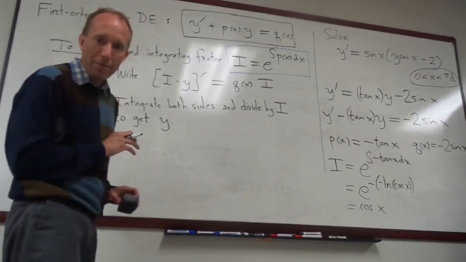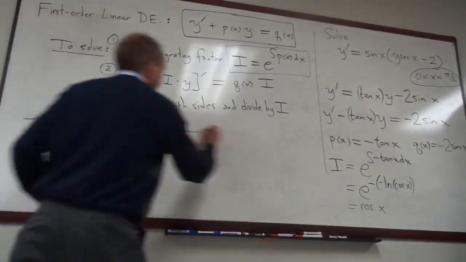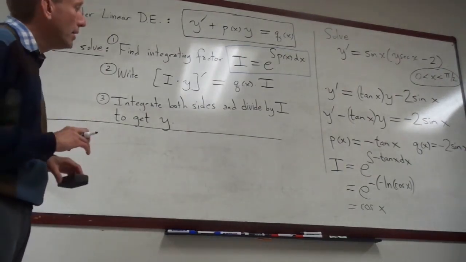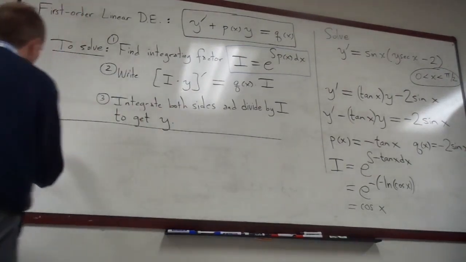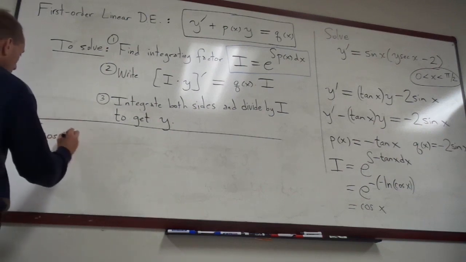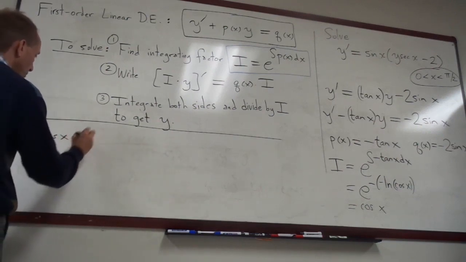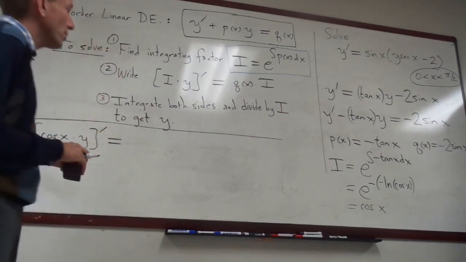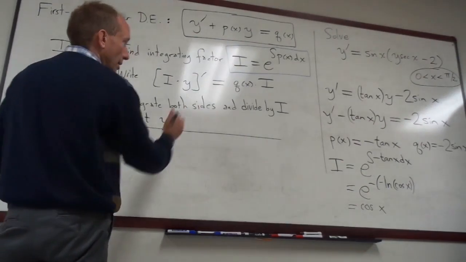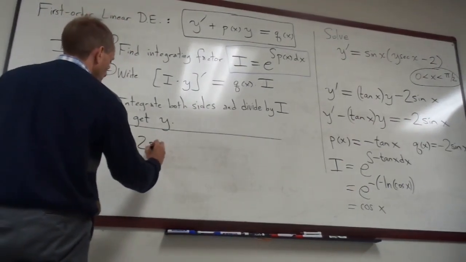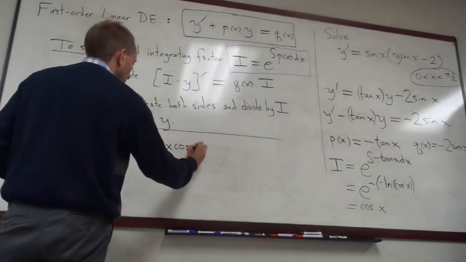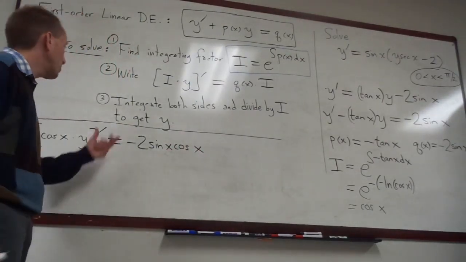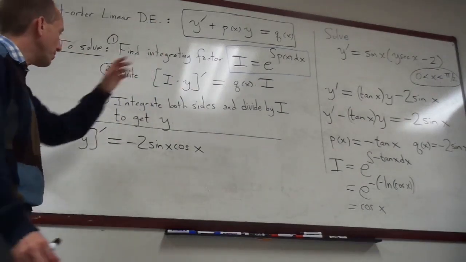We write down the integrating factor. Now I'm going to come over here and see if I can squeeze some of the rest of it into this space right here. The next thing in step 2 is we just simply write down the integrating factor, cosine of x, times the unknown function y, derivative of that equals, and then on the right-hand side of the equation, we put q times I. So the q was negative 2 sine of x, and the I was cosine of x. Okay? Now we're ready for step 3, which is just to integrate both sides and divide by I in order